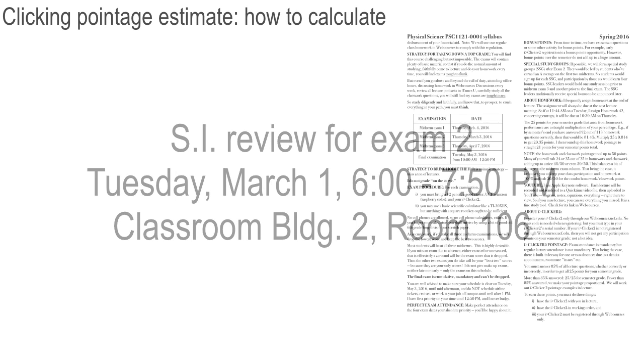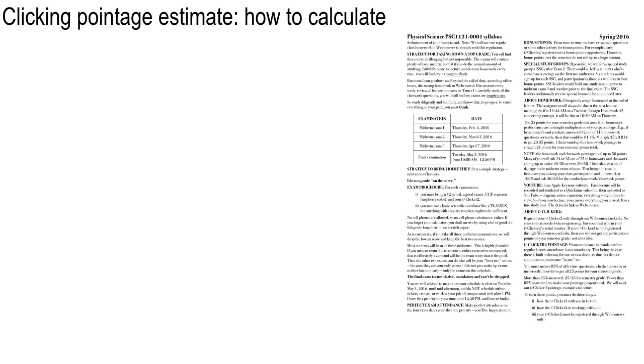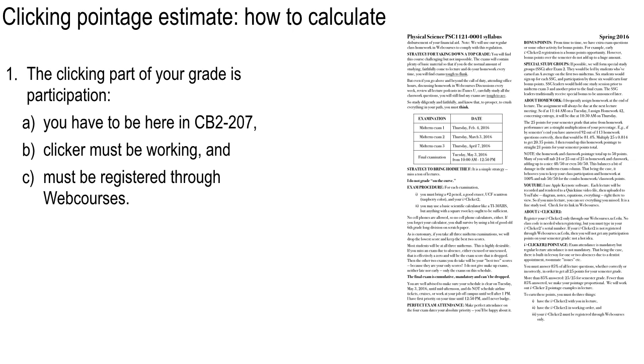All right. Now, before you do that, I want to go through an example of how to calculate your class participation pointage from clicking, that I mentioned on the syllabus. Here's the syllabus, and the normal conditions are you actually have to be here in the room, so you can't click from home. It doesn't reach that far, and you can't be in the parking lot. It doesn't reach that far either. So you've got to be here. It's got to be working. And then, of course, it has to be registered.